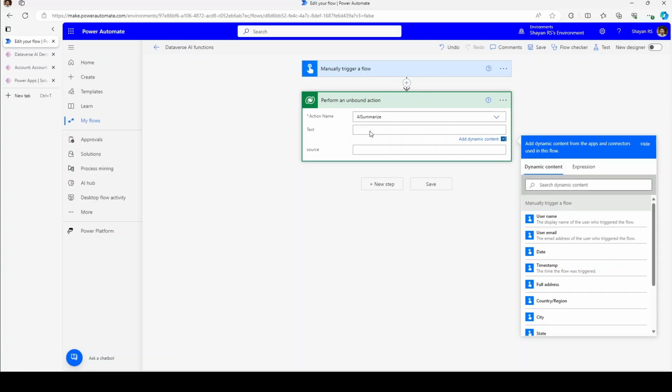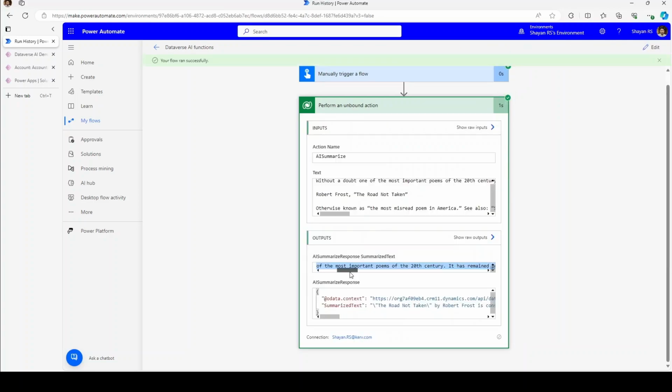The text started off: without a doubt one of the most important poems of the 20th century. It has never lost its glamour. This is the text, but the summary is something else. It has just summarized the whole content rather than outputting the content as it is. So The Road Not Taken by Robert Frost is considered one of the most important poems of the 20th century. It has remained popular and relevant, reflecting the fractures of its era, and it has continued to expand. Now, this is how the AI summarize function helps when we want to understand the summary of a lengthy document